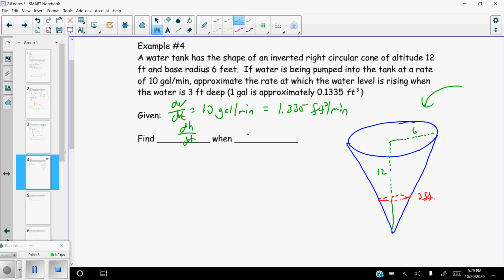So we want to do this specifically when h is 3 feet. All right. The problem is now we have to come up with an equation that relates both the volume and the height. Well, I do know that the volume of a cone, we can write that one out, is 1/3 pi r squared h. And if you've never really thought about this before, one way to think about this,